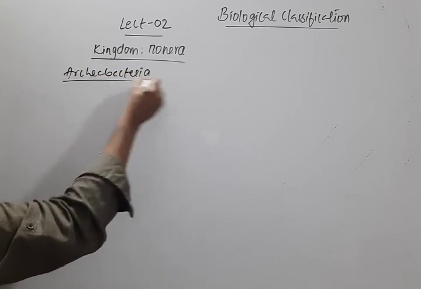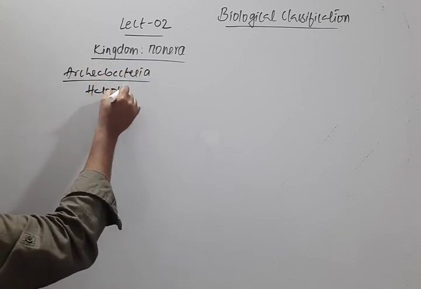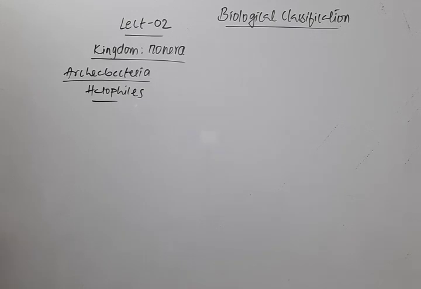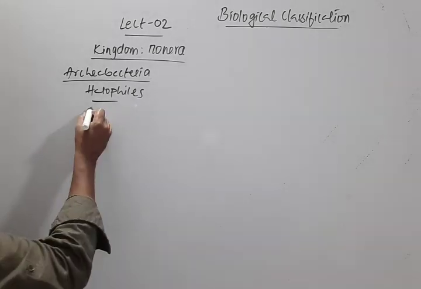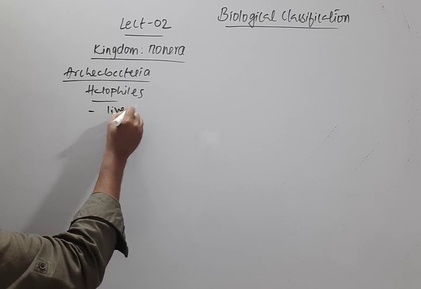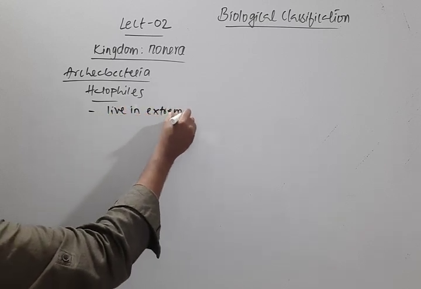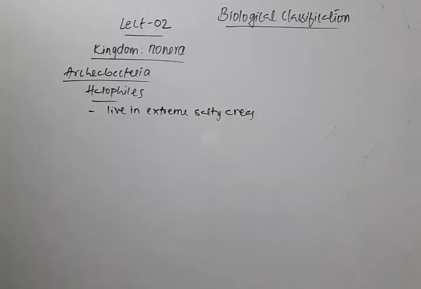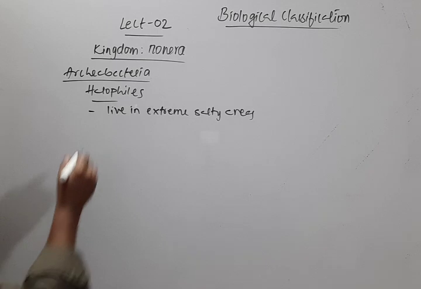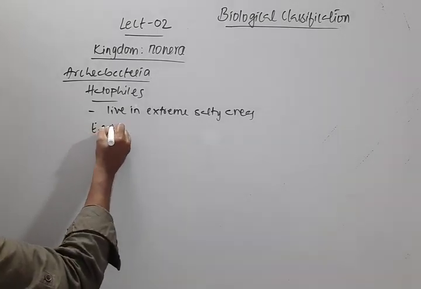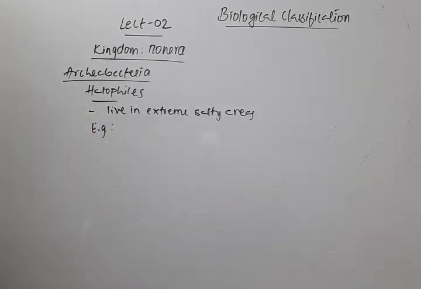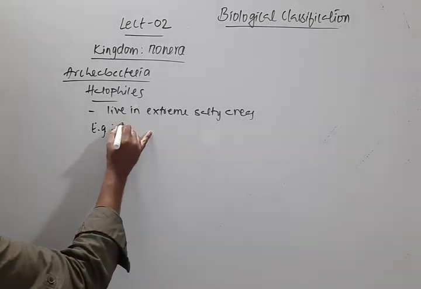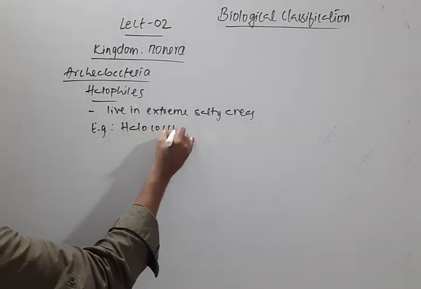Archaeobacteria. Under that, first we'll see halophiles. These halophiles are the bacteria that live in extremely salty areas. All those bacteria who live in such locations are called halophiles, and examples include